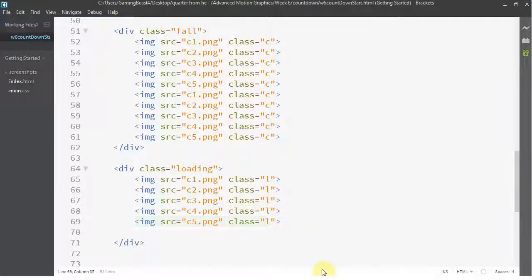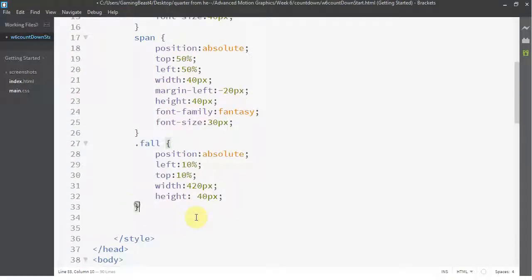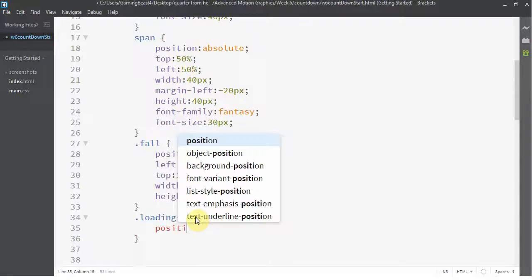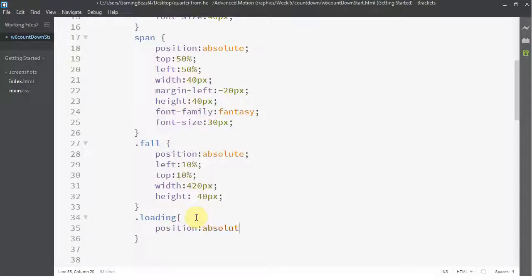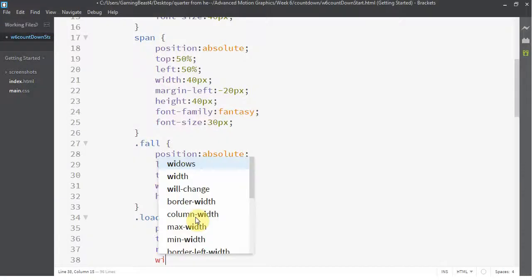Okay, and I'm going to style it up here. So loading. Let's see, we'll go top 10%. We'll have it kind of be over on the right hand side. So right 10%, width